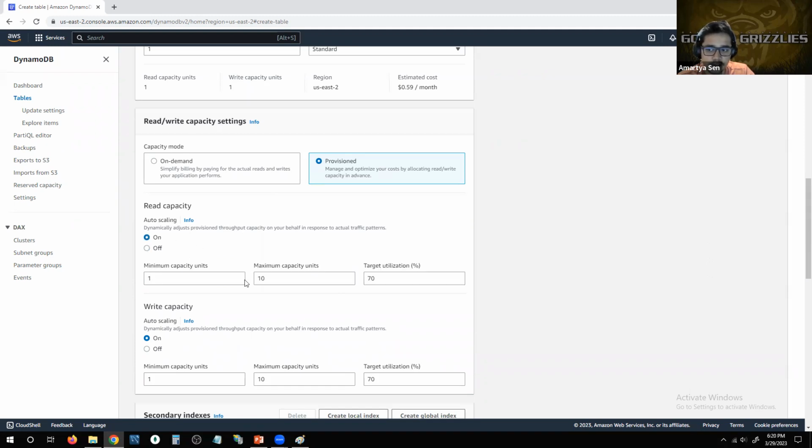If you keep it on, then you can see here that you have the same set of attributes that you had seen when we were learning about auto scaling group in Elastic Compute Cloud, right? EC2, right? So that is, what is the minimum unit capacity that you need to have? What is the maximum? And what will be the target utilization of each table in terms of read and write operations that will be queried against those tables, right? So if you set it up,